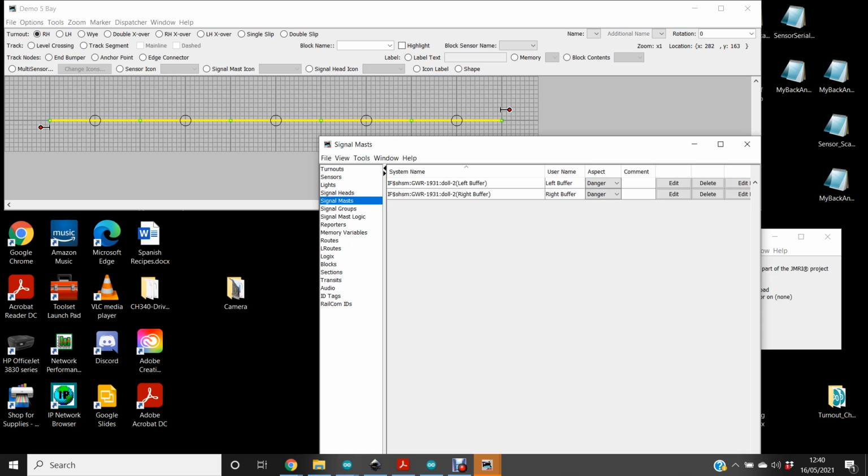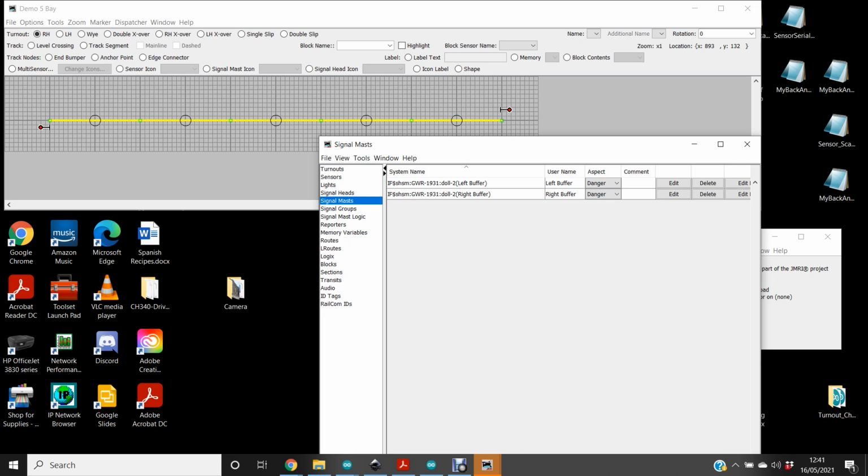But what we're going to do is signal masts going in both directions, going eastwards and westwards, or left and right, and we're going to put a home signal and a distant signal on each of these block intersections. So we need 1, 2, 3, 4. So we need a total of 16